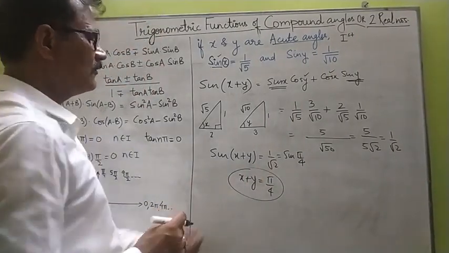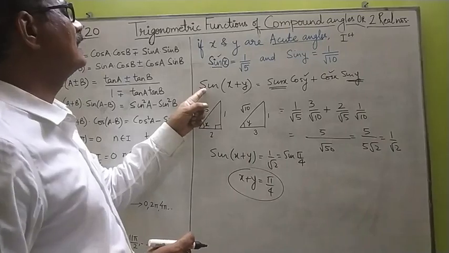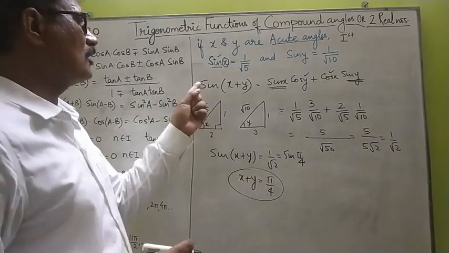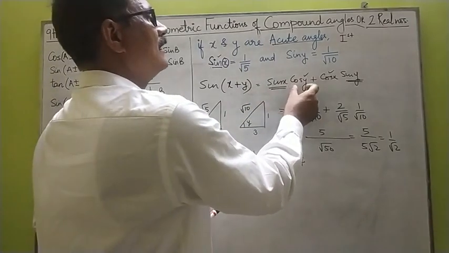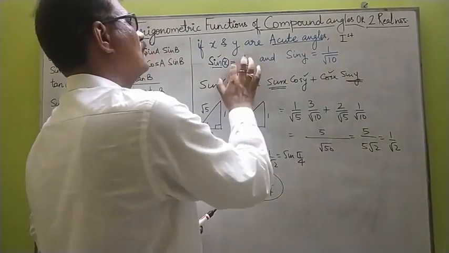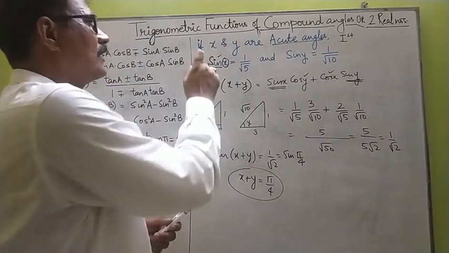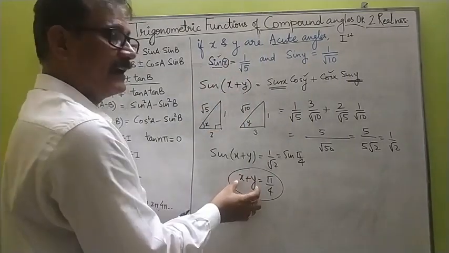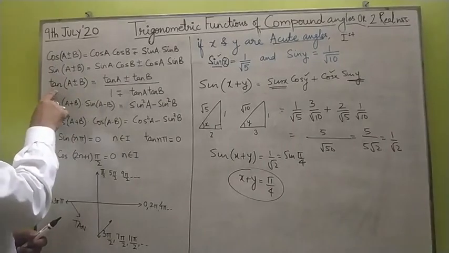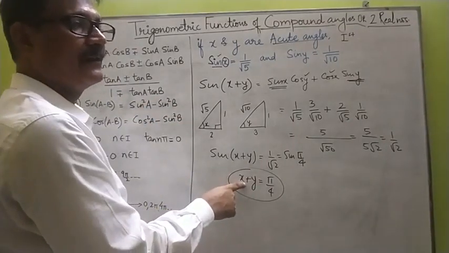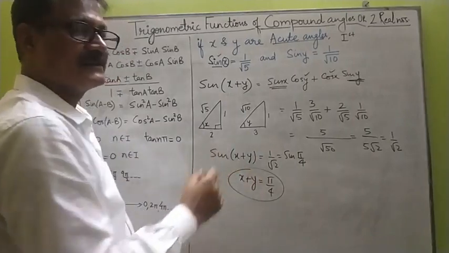So if you have been asked to find x plus y, you can find it by using sine of x plus y, or you can even use cos of x plus y. There you have to find the value of cos x cos y minus sin x sin y. So sin x and sin y are known, and from that you can find the value of cos. So you could have used any of the ratios, either sine, cos or tan, to find out the value of x plus y. Okay, the question was to find the value of x plus y. Good.